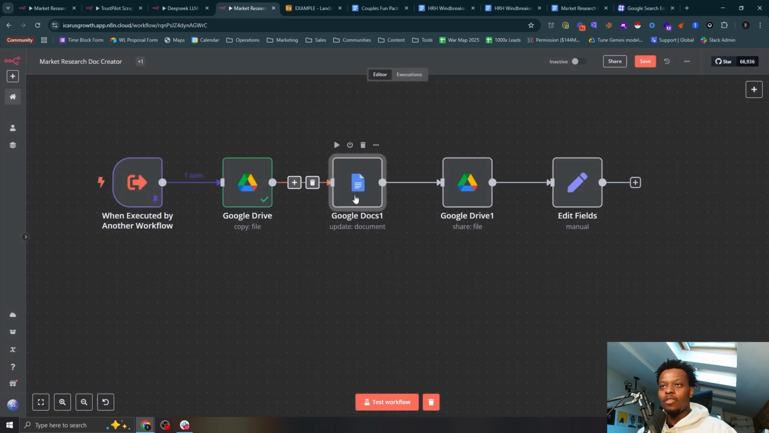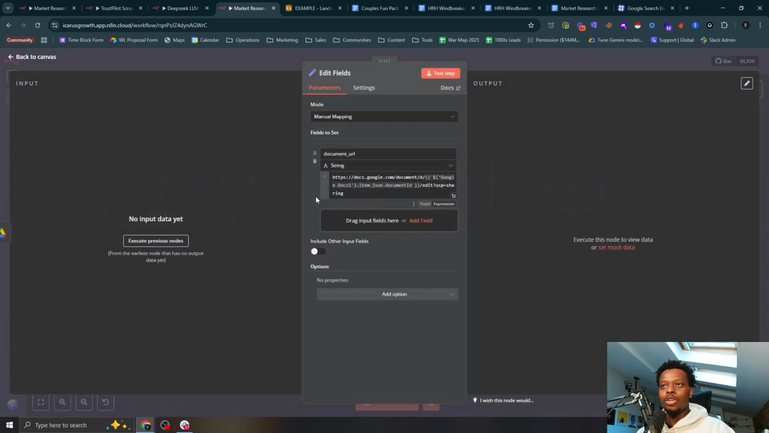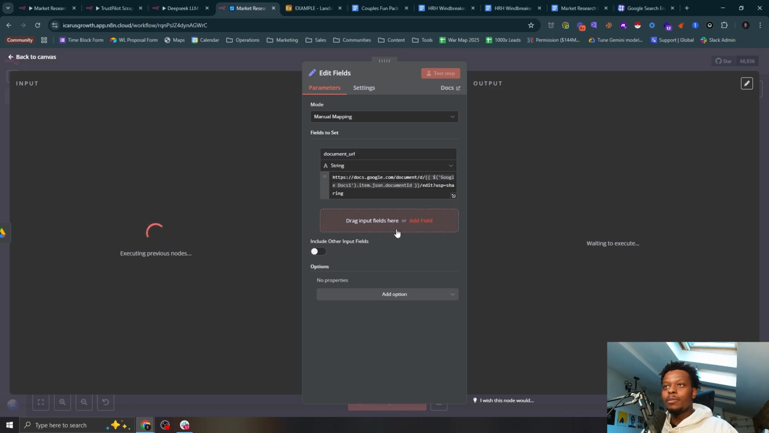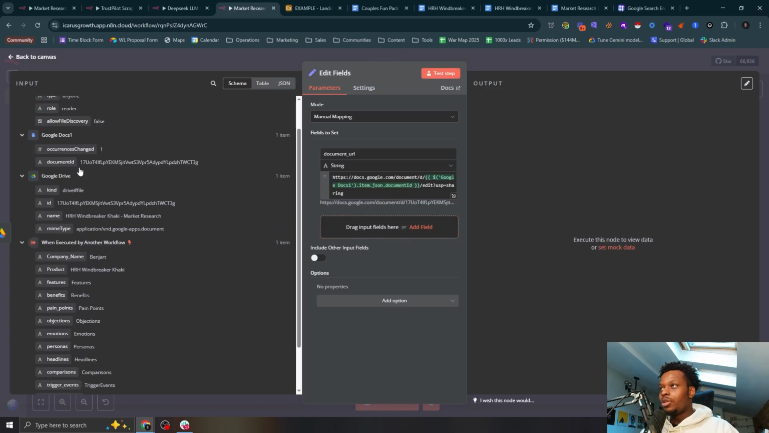And now that we have that information put in, we then share the file. We set it to anybody can read it. And what that will do is it will create a URL that we can share, and that URL gets put inside of this. Now, it will create an ID. So if I execute the previous node, you'll see what I mean. The ID that it will create is something that you'll see